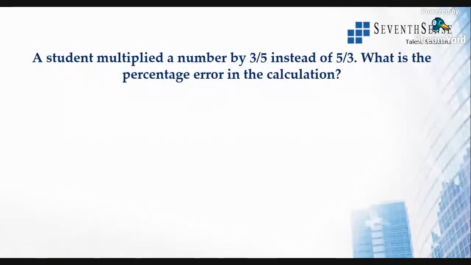This is a simple question, guys. A student multiplied a number by 3 by 5 instead of 5 by 3. What is the percentage error in the calculation? Now, say for example, if I consider x as that number. If I multiply any number, the total value will change, right? So just say, for example, if I consider 10. Now, if I multiply this by 3 by 5,